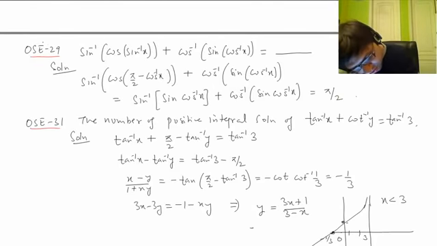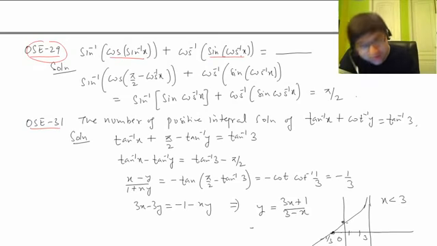See again, this is OSC 29. Sin inverse, this is an angle, this is a ratio, and this is one ratio. Now see, this question seems very complex. We have sin inverse and then cos and then sin inverse, cos inverse sin, but it is a very easy question. Looking complex, but a typical IIT question. On the face of it, it is complex, but when you solve it, it's not complex.